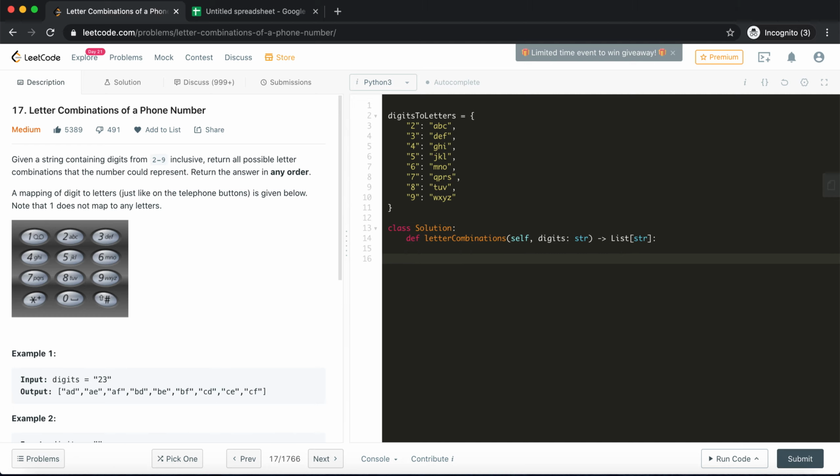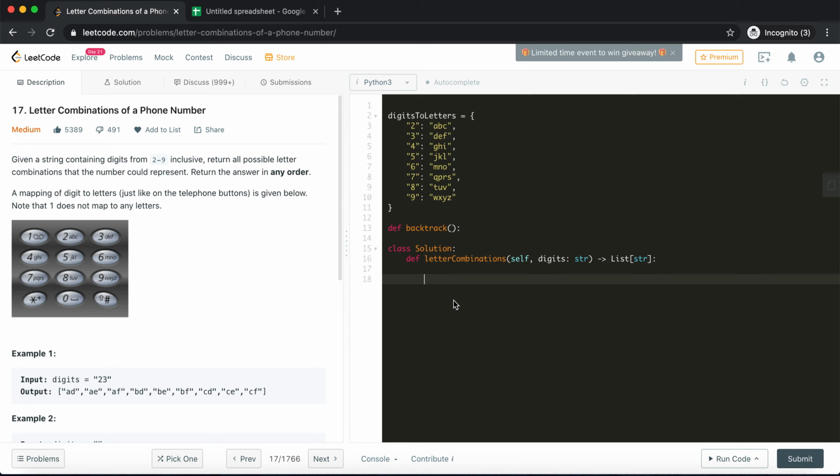Typically every backtracking algorithm has this kind of structure. There is one backtrack function which will do the bulk of the work, and the parent function just calls it with the initial conditions. So first let's write the code of the parent function, which is the main function.